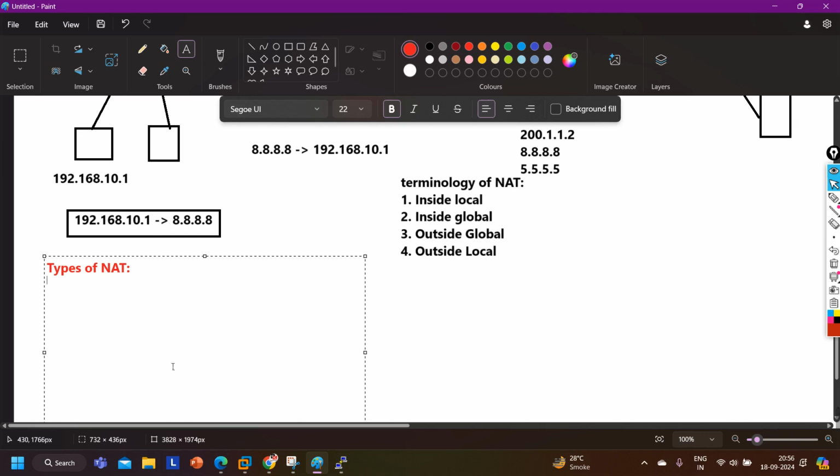Yeah, it is using a random port number. In an ICMP packet, we will not have any port number, correct? Because ICMP is a layer 3 protocol. So it will use any random port number, one for source, one for destination.